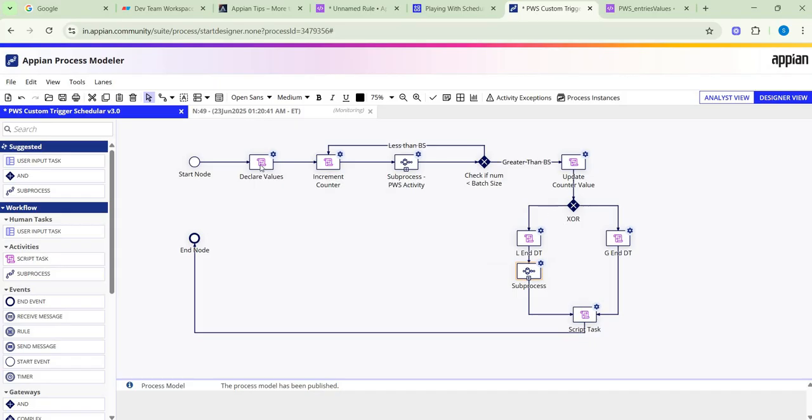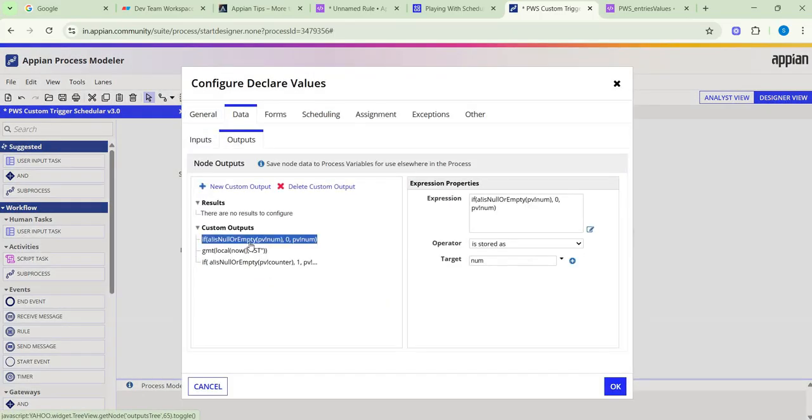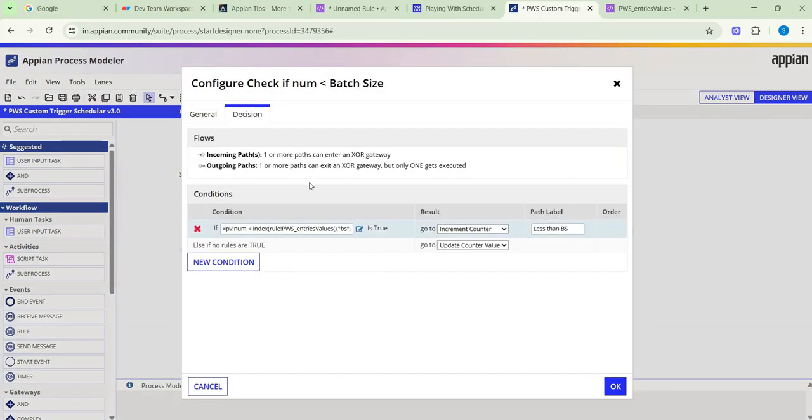Now the value of n is 1001. My value of counter is 2. It will come here. It will check the incremental counter. It is going to increase my value of 1001. It is going to come here and check if the number 1001 is less than 1000. Yes. So what we need to do here is, we need to also add a condition